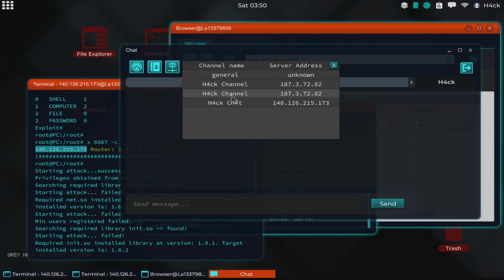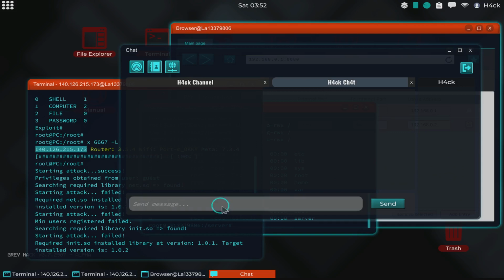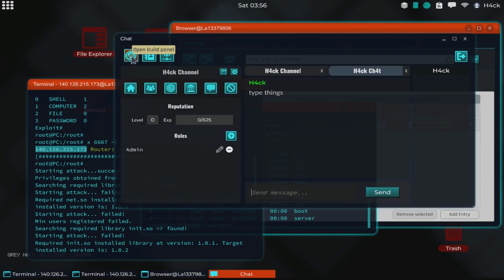channel. And now you can see below the test channels I made before that it says hack chat. This is the chat we just made. We can go in here and we can type things, and we can invite other players in here and have conversations. Then once you have set up a chat, you can also turn it into a guild chat, and you do that over here, open guild panel, and in the main, let's see here,